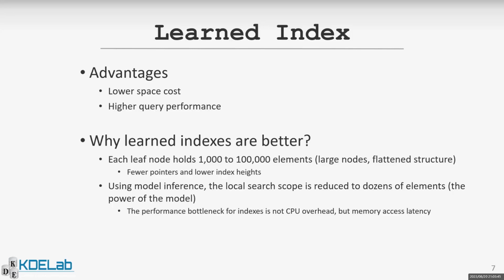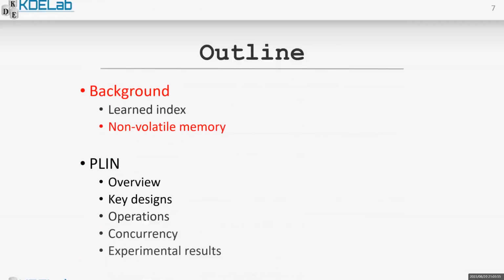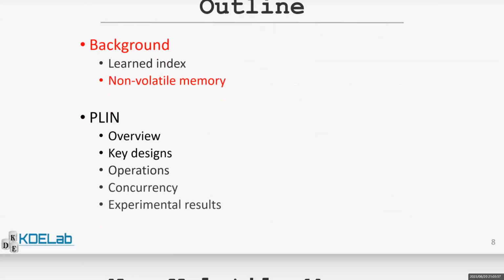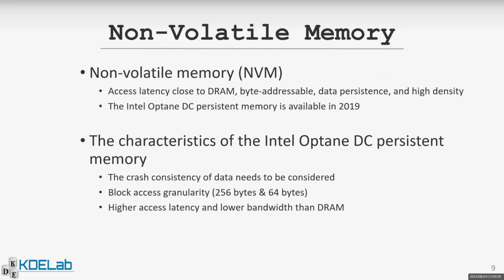Since the performance bottleneck of indexing is not computation overhead, but memory access delay, the performance of the learned index is better. Next, I introduce non-volatile memory. NVM has a data access latency close to that of DRAM. It is byte addressable and can store data persistently. The first commercial NVM, Intel Optane DC persistent memory, was launched in